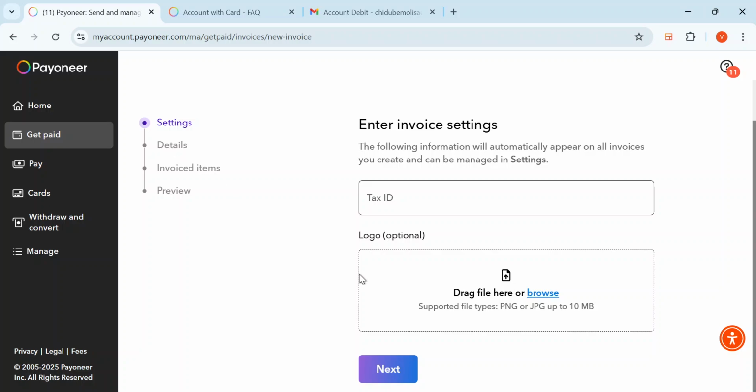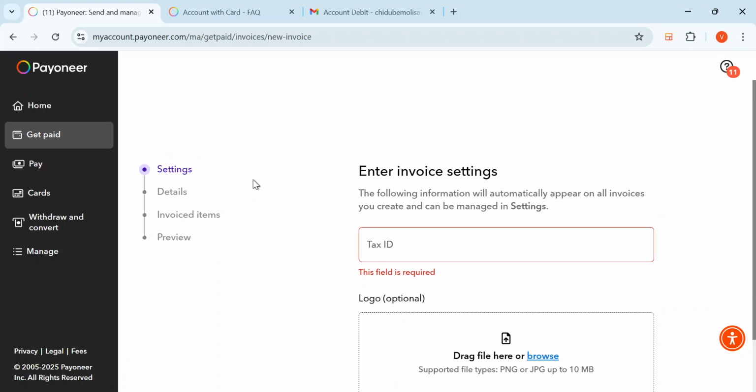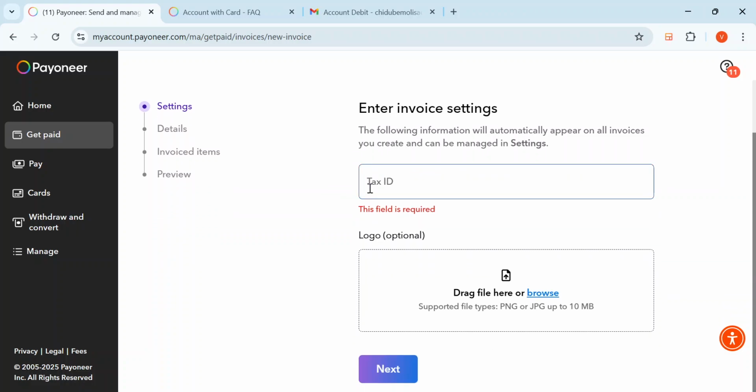You can also, once you are done, obviously I have to fill this, but you just have to follow the prompts and then describe in the details section. You have to describe what you have done and the invoice data, and you get a preview of how the invoice should look like, and then you submit it to the person you want to submit the invoice to. So this is how to send and manage your